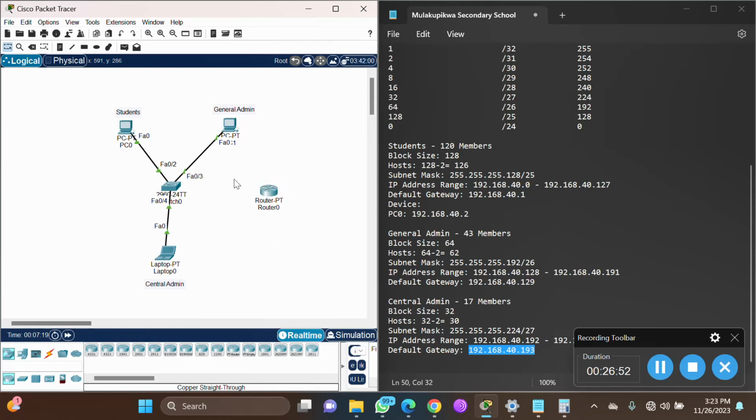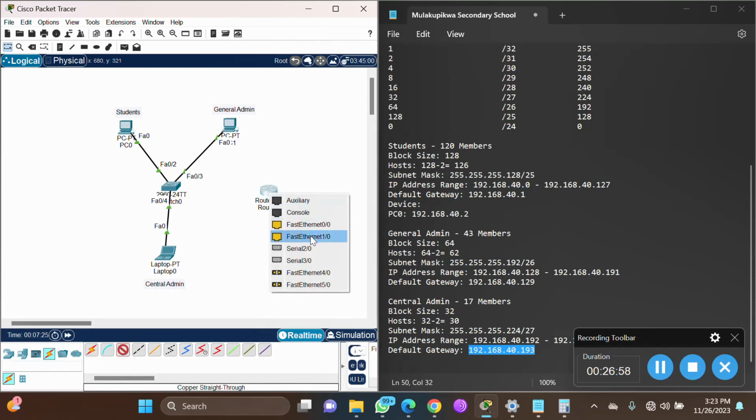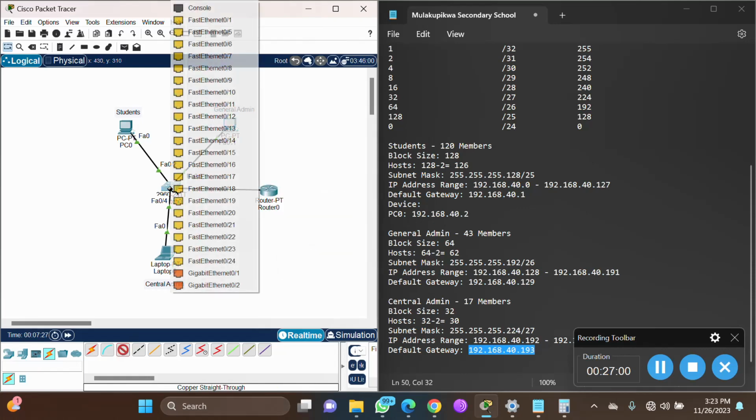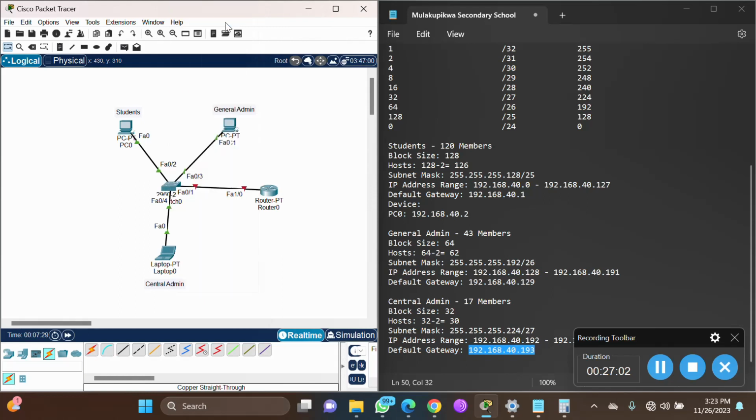So this router, I'll just connect it on the first interface, one, then here also one. Then this router will be in charge of delivering packets to these other PCs, but the issue is that